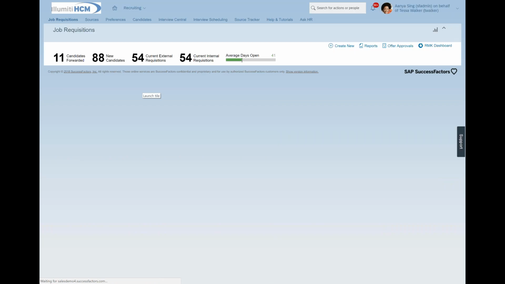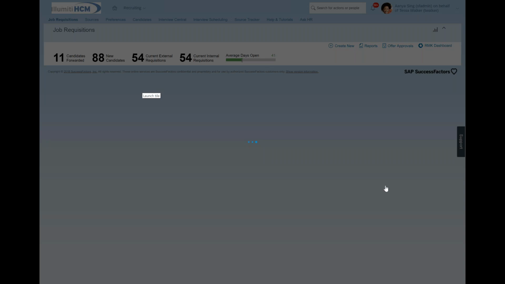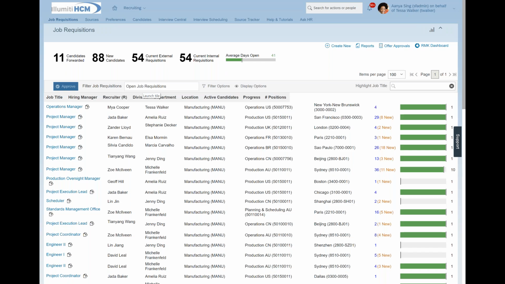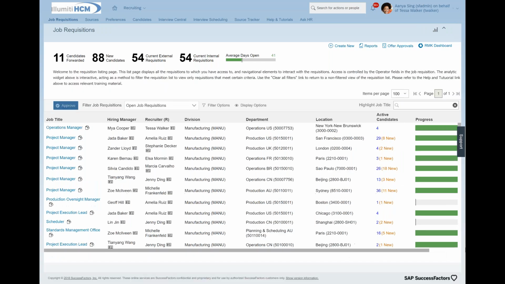And the page that I'm pulling up here for you now is what I like to call our recruiting dashboard. This is a screen that recruiters would have access to, possibly some hiring managers, depending on how you go about doing business. And if we think of recruiting in its capacity as a standalone module, everything that I need as a recruiter to conduct business is located here for me. So some things to take note of.